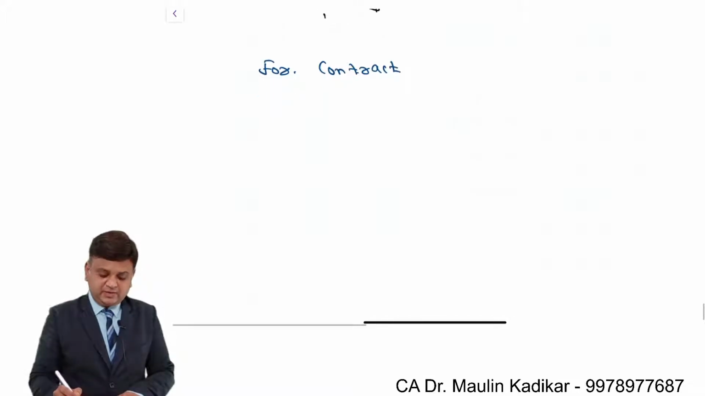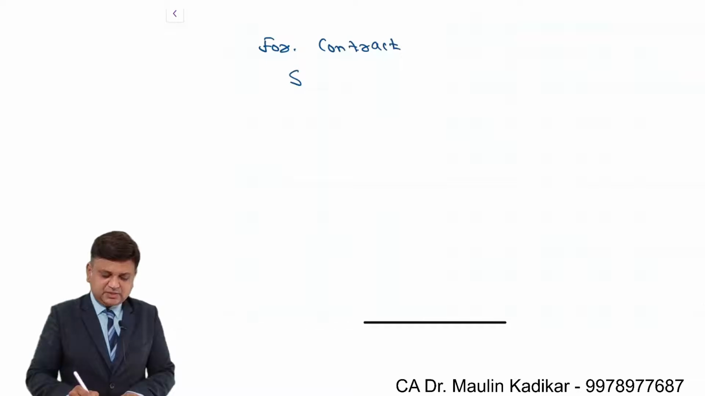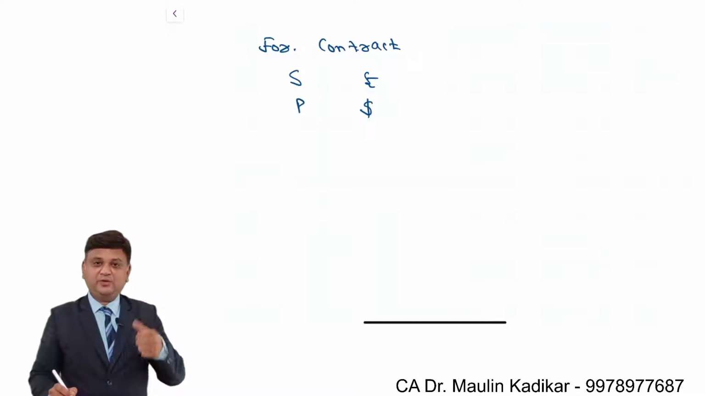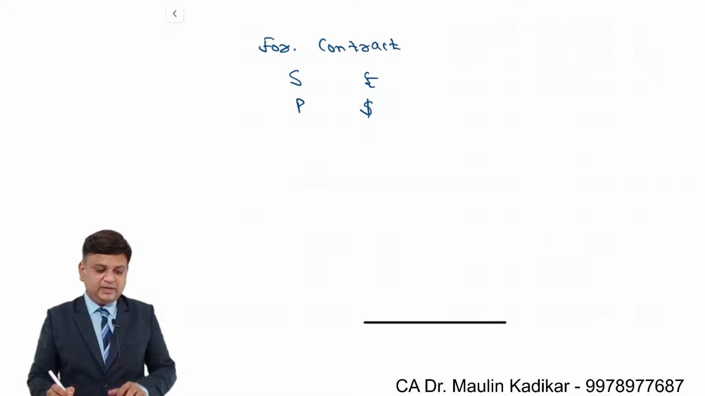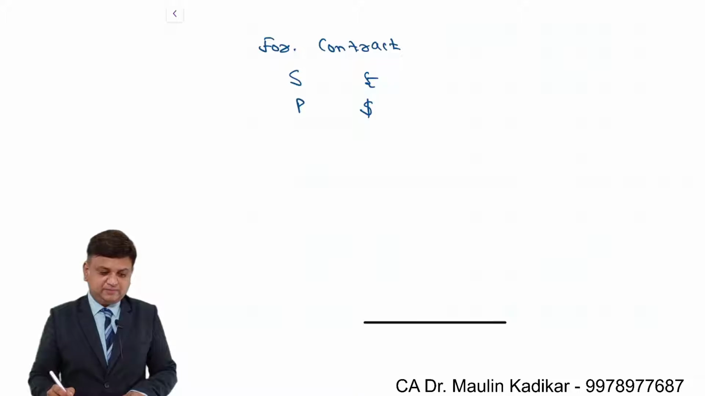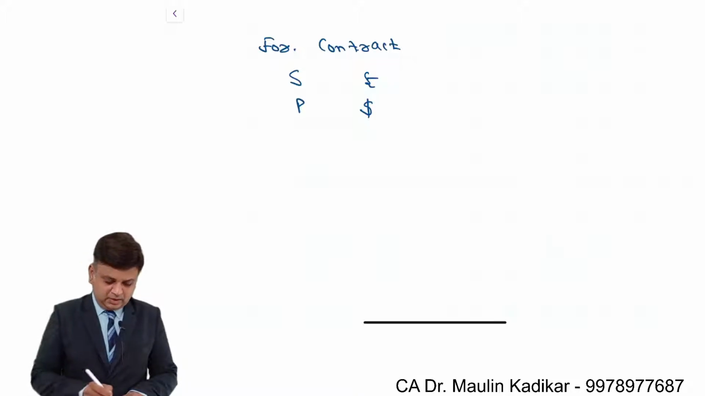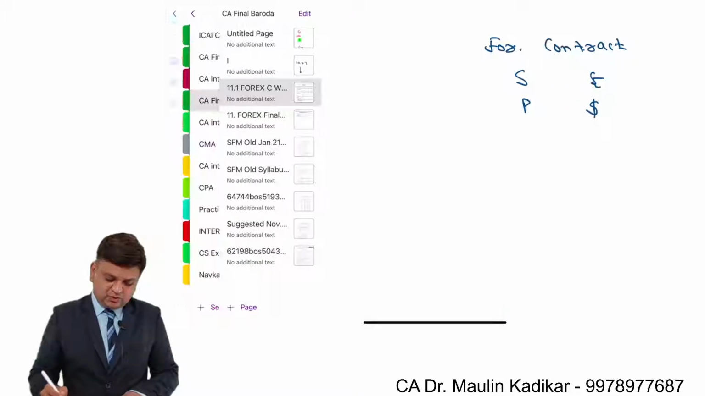As far as the forward contract is concerned, it is, say, sell of pound and purchase of dollar, because we are required to make payment in the foreign currency. We have been provided with the forward exchange rate information. The forward exchange rate is provided to us as